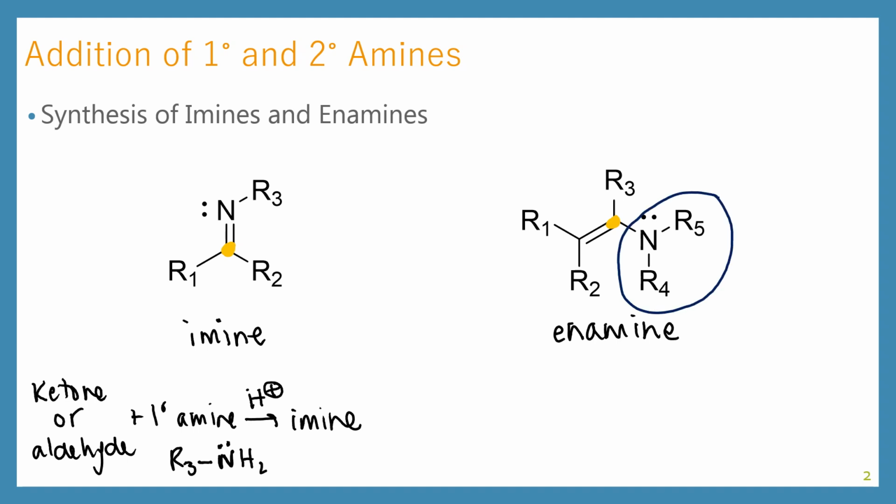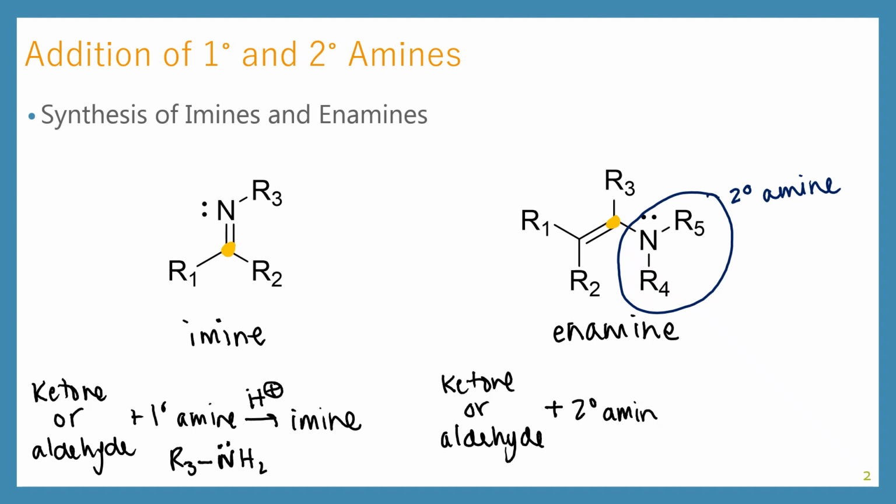This is the secondary amine that would have done this reaction. And these are formed when a ketone or aldehyde reacts with a secondary amine in acid,